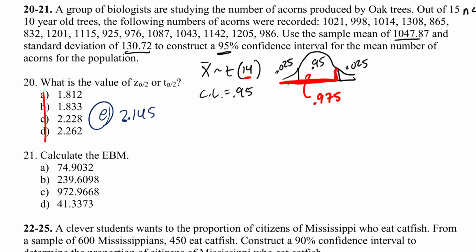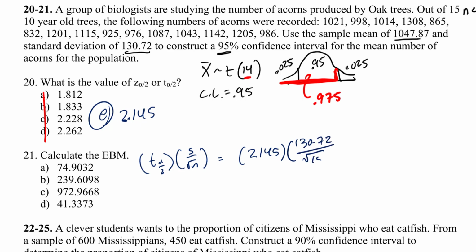So now how do I calculate my EBM? It's the same way. It's my t-score times the standard deviation, this time a sample standard deviation, over root n. Okay, so that's going to be 2.145 times, let's see, my standard deviation was 130.72 divided by the square root of 15. All right, we're going to be very careful with plugging this in. And I get about